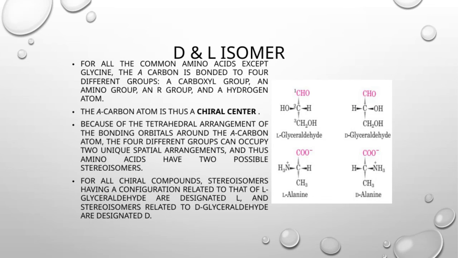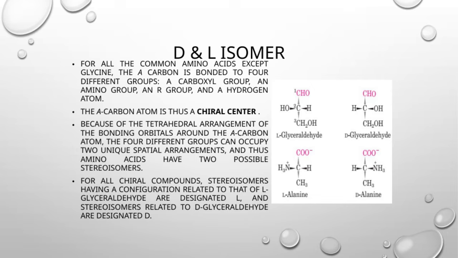For all the common amino acids, except glycine, the alpha carbon is bonded to 4 different groups. These include a carboxyl group, an amino group, an R group which varies among amino acids, and a hydrogen atom. Because of this, the alpha carbon is what we call a chiral center, meaning it has a specific 3-dimensional arrangement